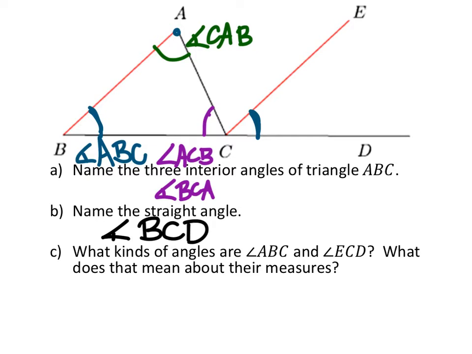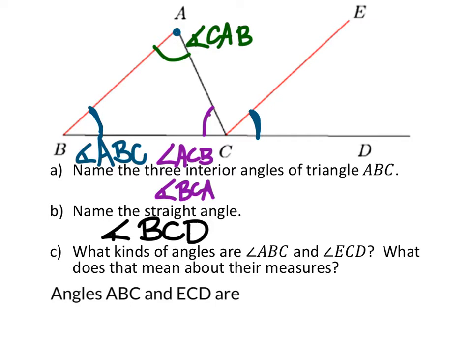So what I see from walking around with the classes is that most of you guys are putting acute angles on this, but that is 7th grade stuff. While these two are acute, which makes them less than 90 degrees, that's not really the answer we're looking for on this. So to describe this one, and we've seen this description before already, we would say that angles ABC and ECD are,